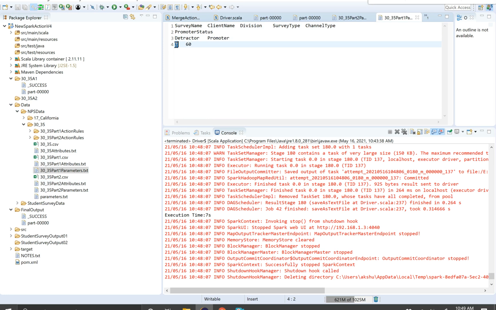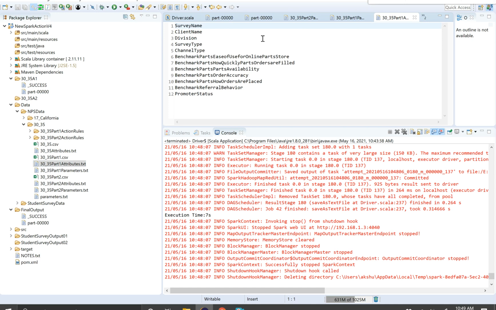We have given the minimum support value and the confidence value as 2 and 60. If you see that the action rules are not getting generated and it's empty in your folder, then try changing these support and confidence values to some minimum values so that you can get the output.